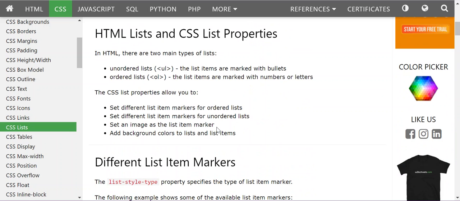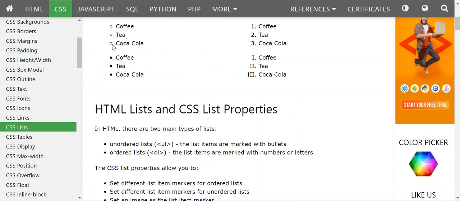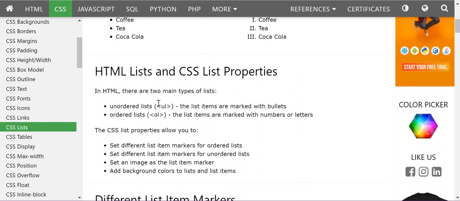Okay, so how do we give different styles? What are the list properties that you are going to see? Set different list item markers. Here we don't call them bullets, whereas in Microsoft Word we call them bullets, but here we will call them list item markers. So you can have different list item markers for ordered list, and different list item markers for unordered list, and there are so many markers which are available in